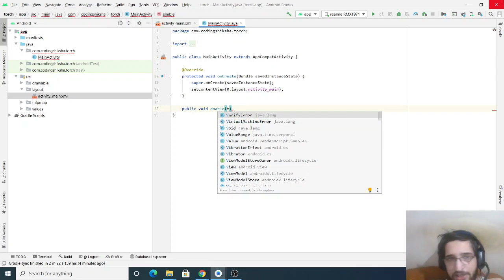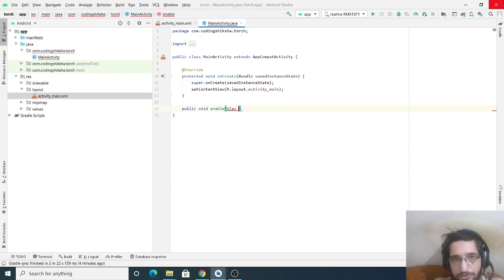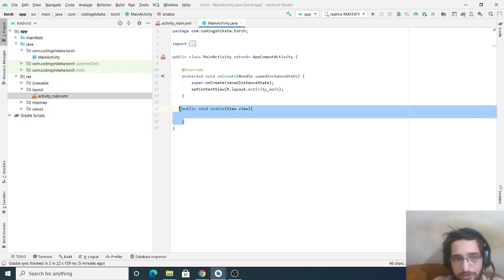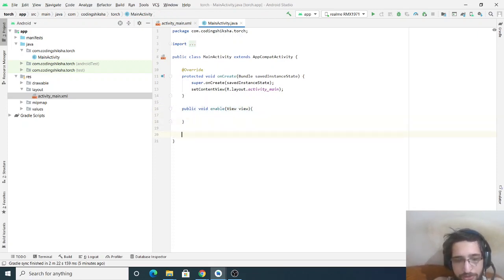View is a class here. You can press Alt Enter to automatically import this. Now we can copy this and paste it, so this will be for the disable button.